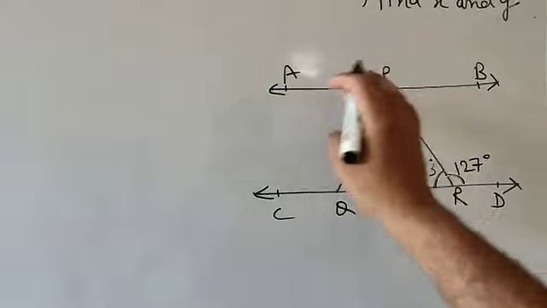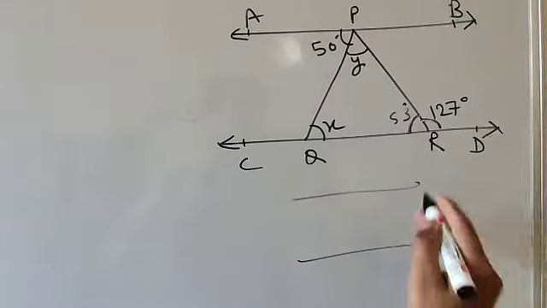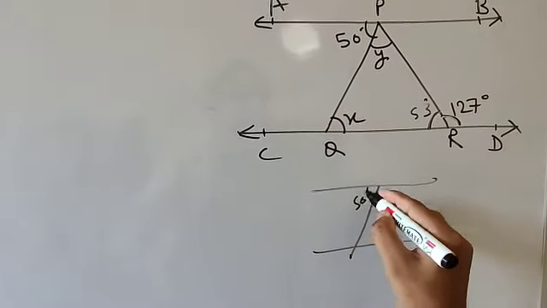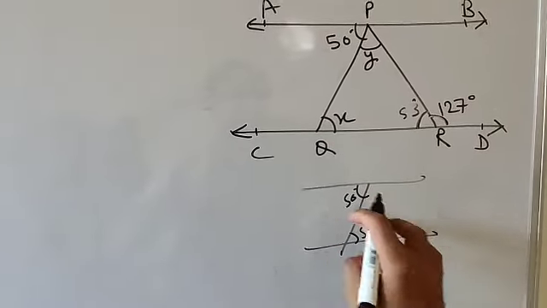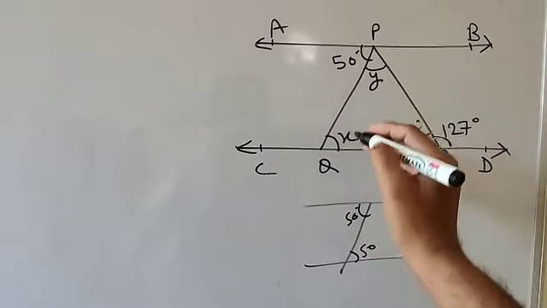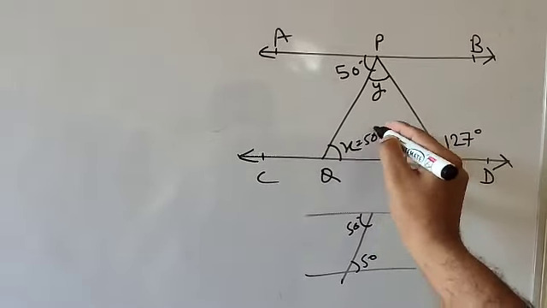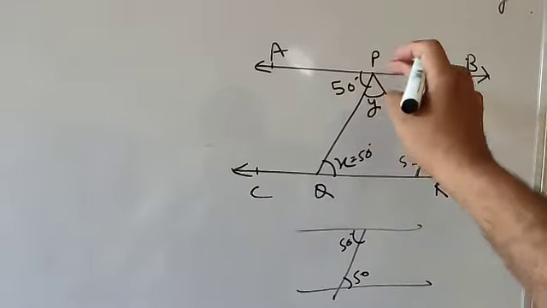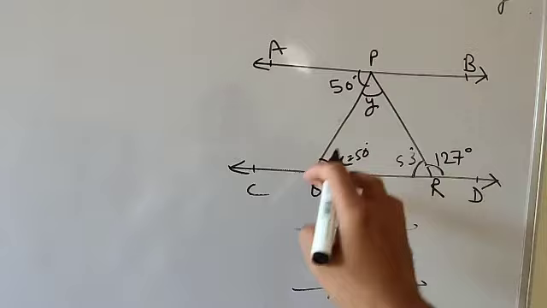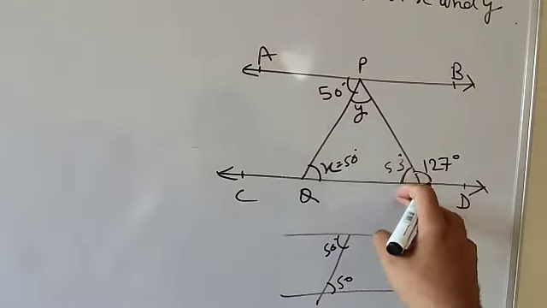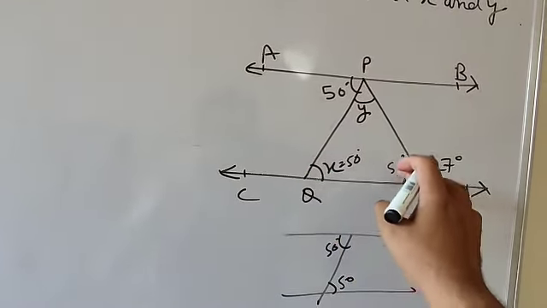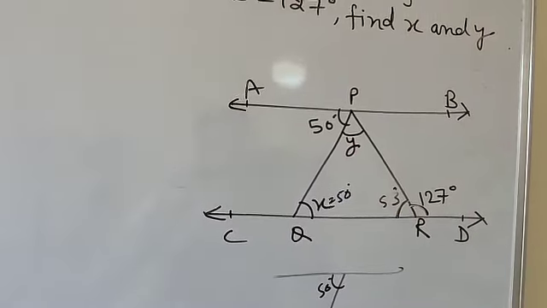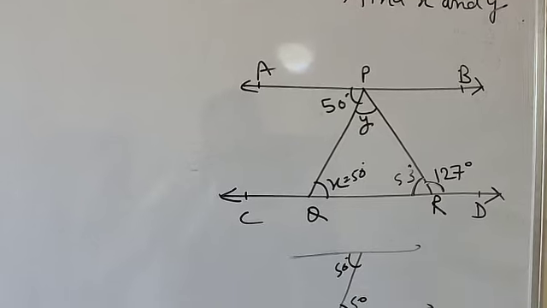Here AB and CD are two straight lines like this, and here this line is intersecting, and if it is 50 degree, then it will be also 50. That is alternate interior angle. So if it is 50, then x equal to 50 degrees, alternate interior angle. Now you are going to get a triangle PQR, and the sum of the angles of the triangle is 180 degrees. So 50 degree plus 53 degree plus y equal to 180 degree, then you will get the value of y. So students, you need to solve this question by yourself.